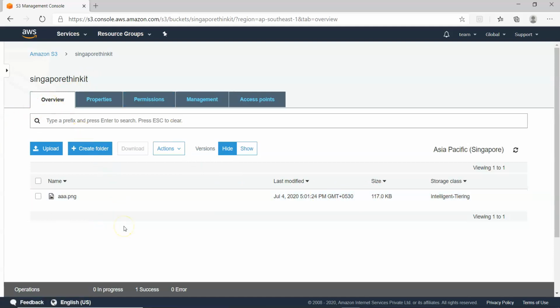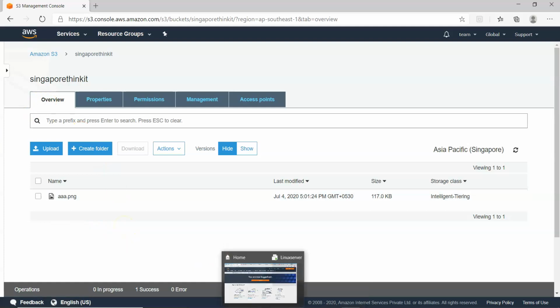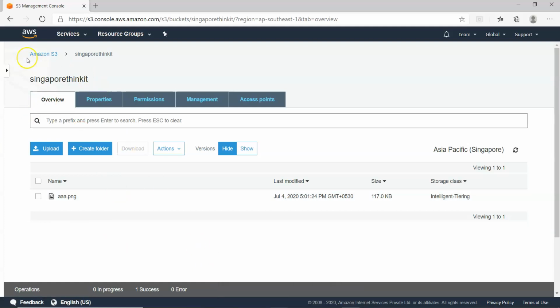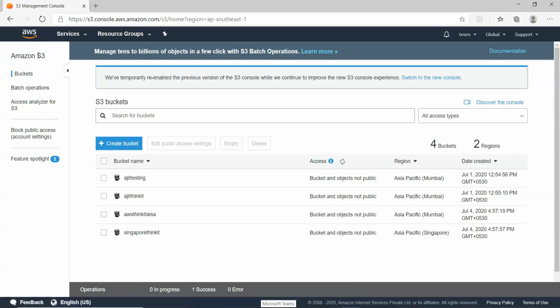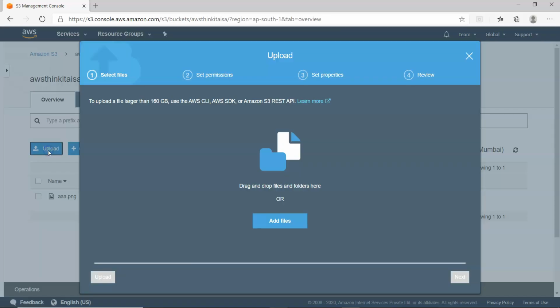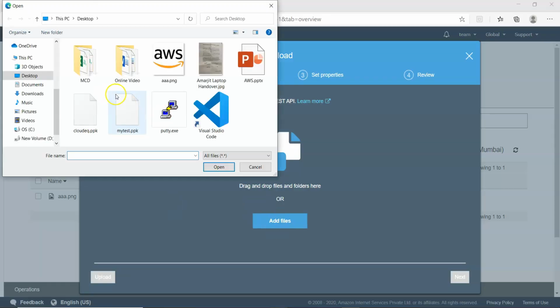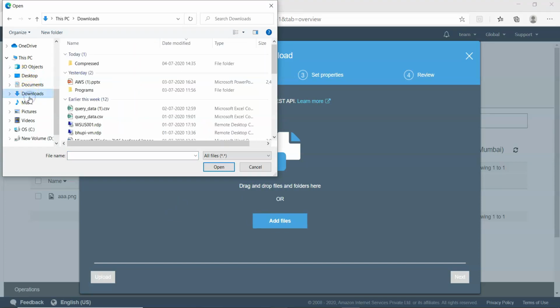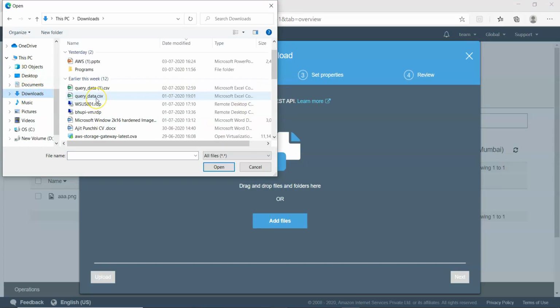So let's do one thing. Let's go back to my AWS ThinkIT Asia bucket. Now I will upload a document here. I go into my downloads.